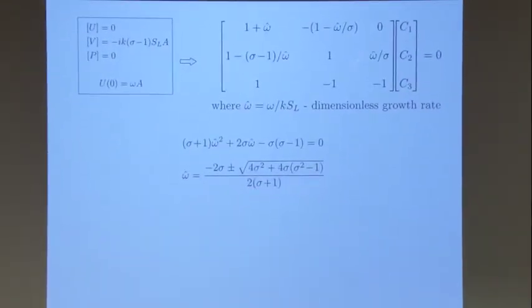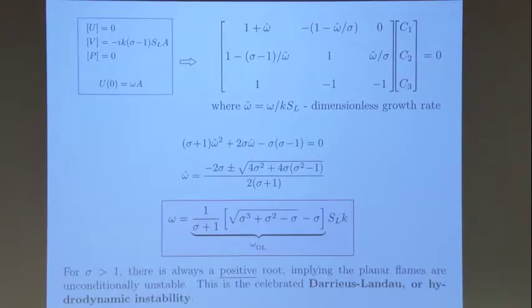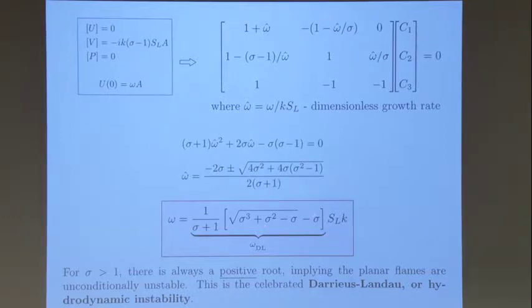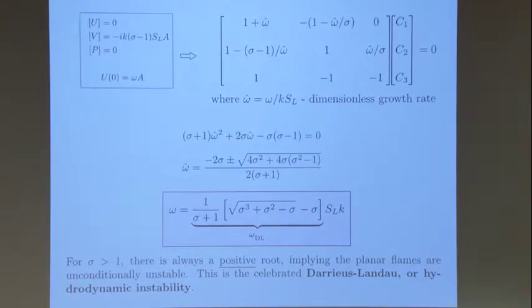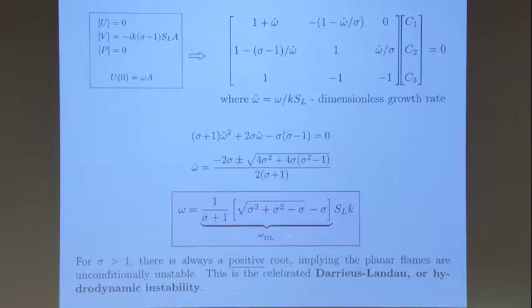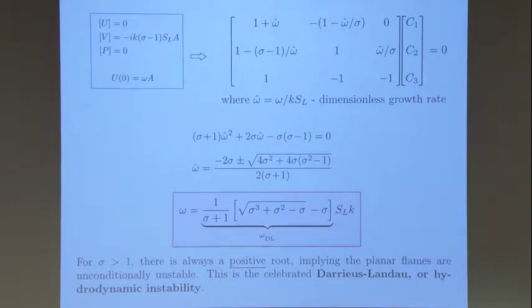we see here. What you end up is with a quadratic equation or a dispersion relation of the form shown here. When sigma is close to 1, of course, this bracket becomes sigma minus 1, like I showed you earlier, and it's multiplied by the speed times the wave number. We call this the omega Darrieus-Landau, just the growth rate, the Darrieus-Landau growth rate. By the way, there is a quadratic equation, means that there is a positive and negative root. The fact that there is a negative root doesn't mean anything, because there's always a positive root, which means there's